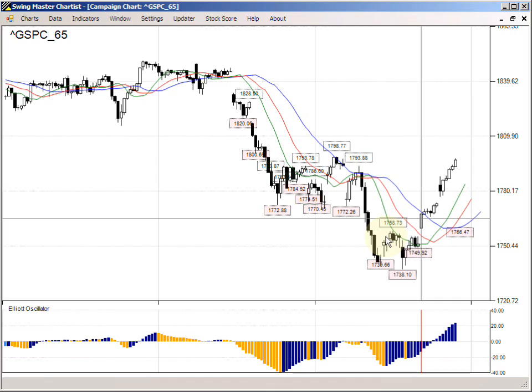So in the first two windows, we developed expectations, but the third window, the campaign chart, complete with the breakout bars and the Elliott oscillator, is where the rubber meets the road, and this is where expectations stop and reality sets in. The information now comes from outside, not from inside our heads, and we're going to take an objective signal if it presents itself